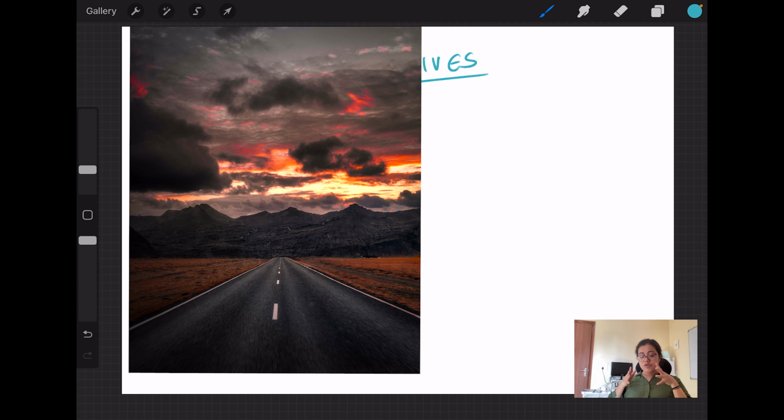If you see this road, what you will observe is that the lines look like they're going to meet at the end, right? Like over there, if you see. But do they actually meet? No, they don't. It's only our brain that interprets it like that, that they are going to meet, but the lines never meet.